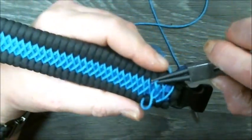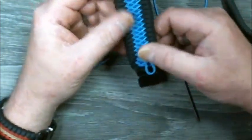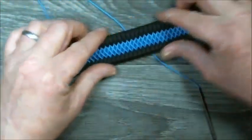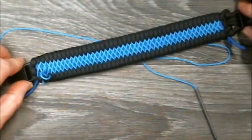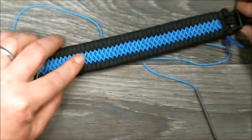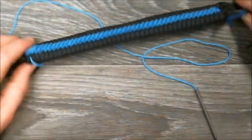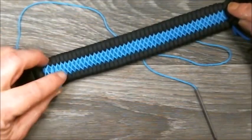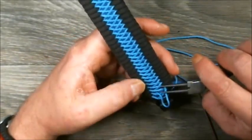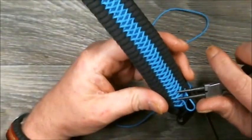Okay, we're getting down to the end. Now let's check it. Let's see what that looks like. See how it's still a little wide right here, but it's not as wide as it was. It looks like the width of that blue section is pretty much consistent all the way down here. Like I said, down here at the end, it's going to be a little bit wider. So what we're going to do is we're going to back up just a little bit. And we're going to